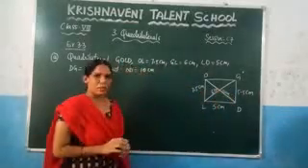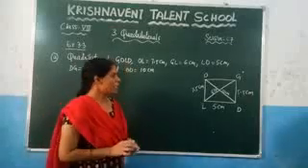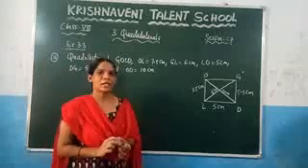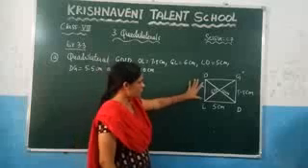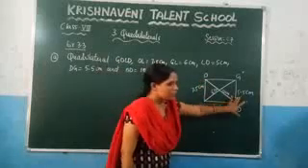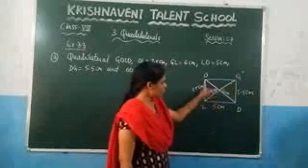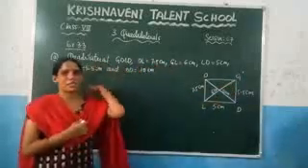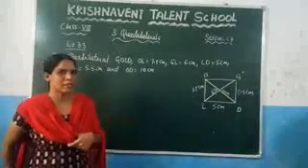Now clearly you can observe that in this exercise, as we said just now, we are discussing how to draw the quadrilateral if you have been given three sides and the two diagonals. Here you can observe that they have given three sides, one side, second side and the third side, and they have given the lengths of the diagonals. Two diagonal lengths they have given. Now let us see how to construct a quadrilateral if you have been given three sides and two diagonals.